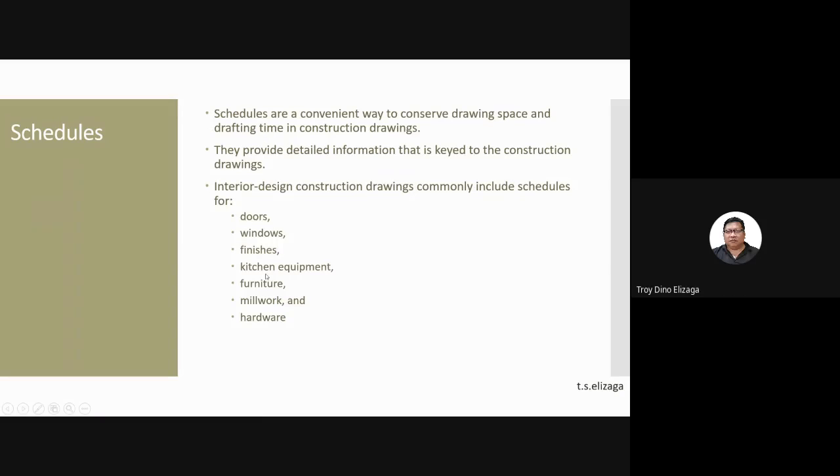Millwork, by the way, is a term used for any wooden construction that went through some processing by machine. For example, your windows when you put molding, all of this went to a machine. So they're not assembled immediately after sawing them manually. Okay, so that's the idea of millwork.